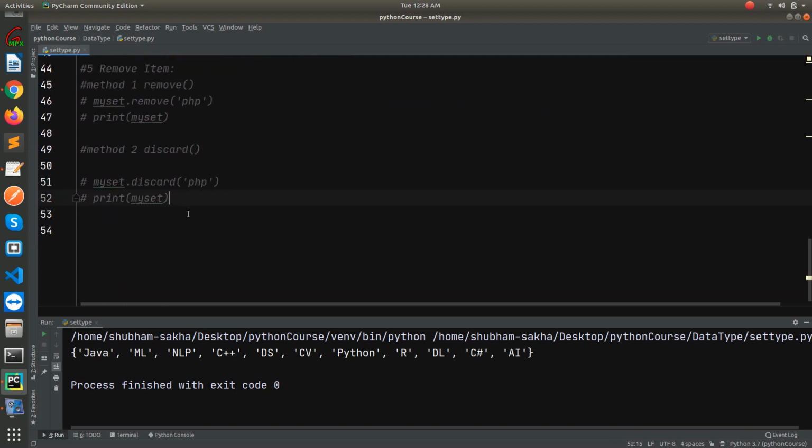So let me first create our two sets. I will create the S1 set, and I will give some values 1, 2, 3, 4, 5. Now set 2, we'll give here 4, 5, 6, 7, 8. So these are the two sets which we created.